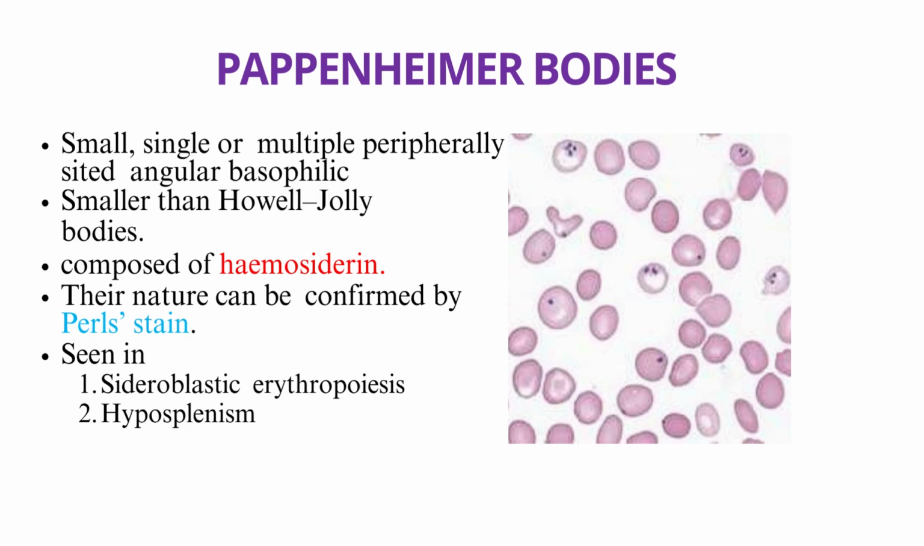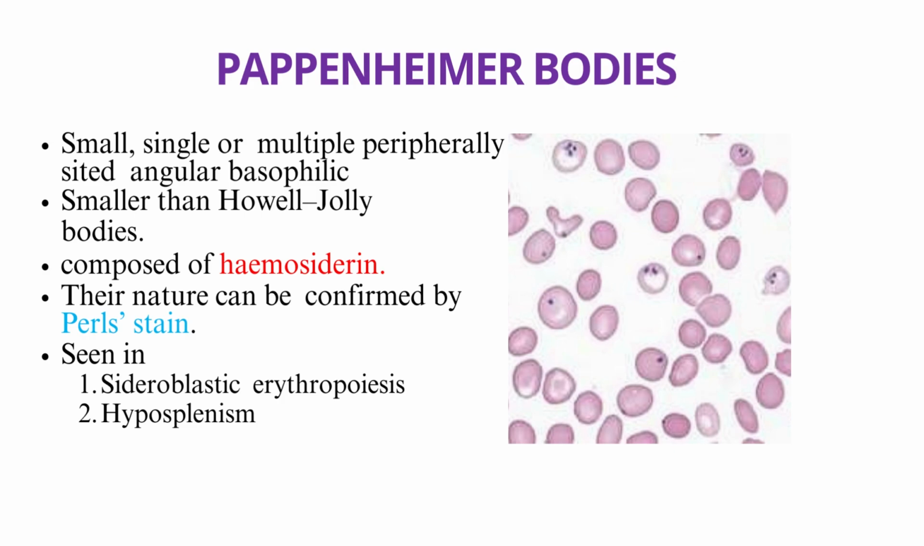फिर आती पाइपनहाइमर बॉडी, स्मॉल, सिंगल और मल्टीपल, अगेन पेरिफेरल साइटेड ही हैं, ऑलमोस्ट ब्लैक हो जाती हैं, ये स्मॉलर होती हैं हॉवल जॉली से, एंड वो जो बनी थी हमारे डीएनए की बनी थी हॉवल जॉली बॉडीज़, एंड पाइपनहाइमर हीमोसिड्रिन आयरन की बनी हुई हैं, तो पर्ल्स स्टेन से इनको कन्फर्म भी किया जा सकता है। सिड्रोब्लास्टिक एरिथ्रोपोइसिस में मिलता है और हाइपोस्प्लेनिज्म में मिलता है। सिड्रो इज रिलेशन टू आयरन, जस्ट रिमेंबर दैट, तो उससे याद रखना कि इसलिए पाइपनहाइमर बॉडीज